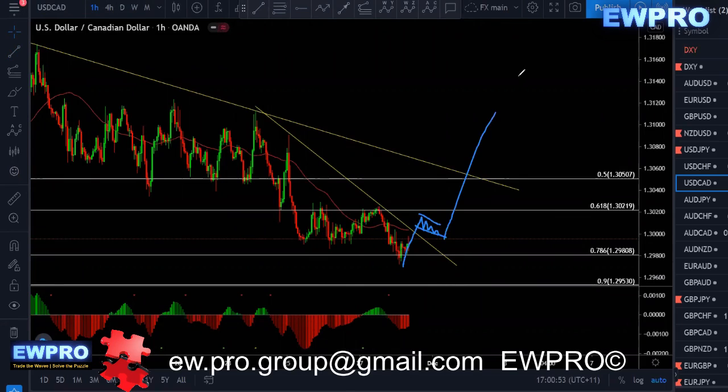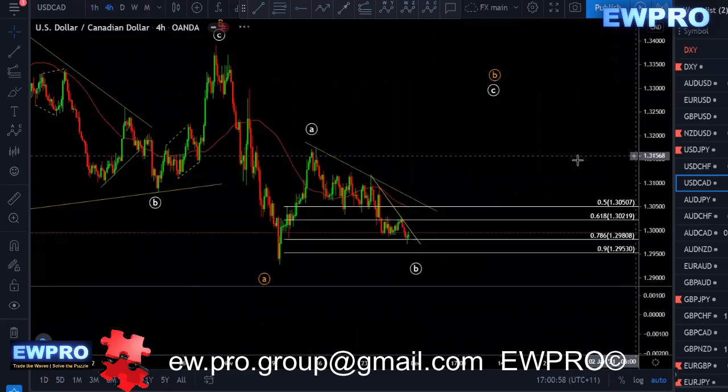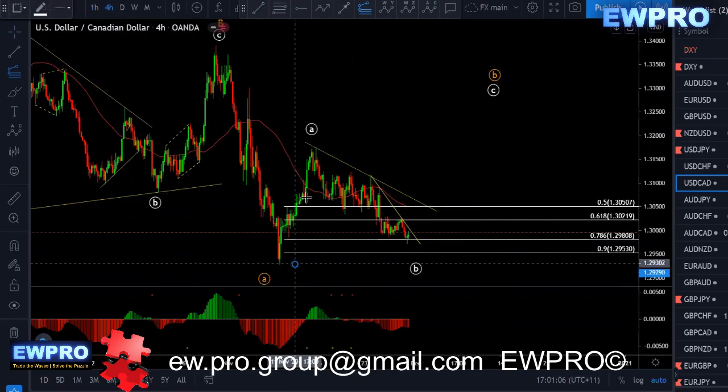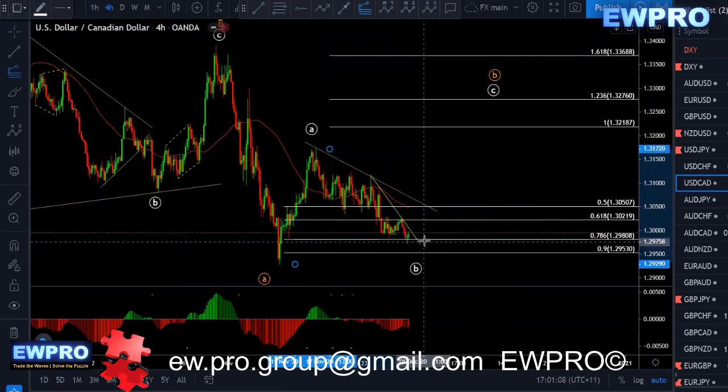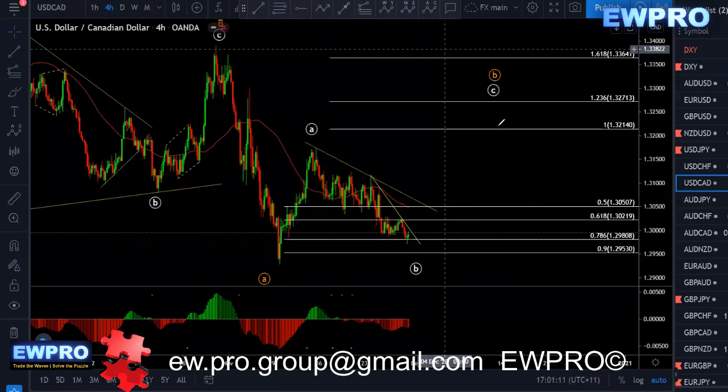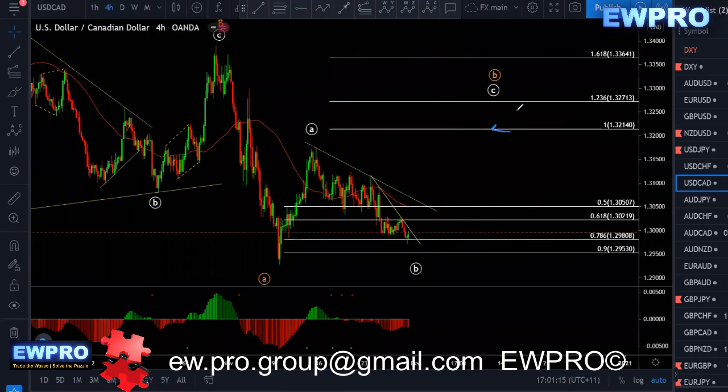Yeah, targets on the H4. I'll just adjust that target. Well, most of my charts didn't save for some reason, so I'll have to put it back on again. So this is your first target here, the 100 fib, and your second target will be that 161.8. In case this turns, if this low gets broken in the B wave, you want to take it all off